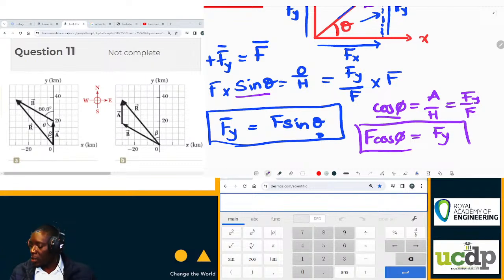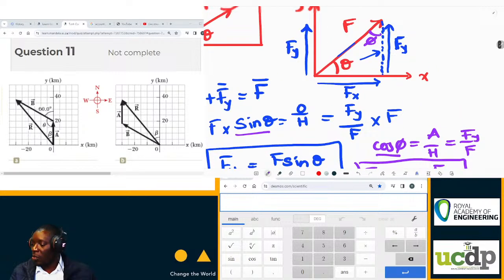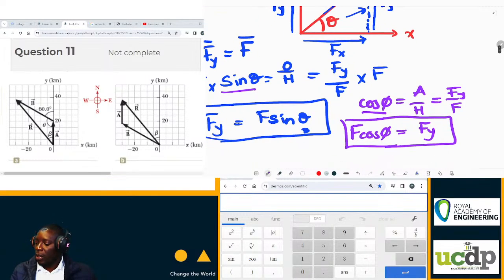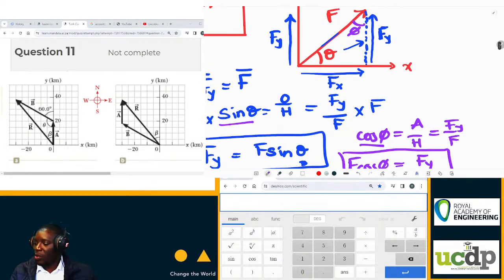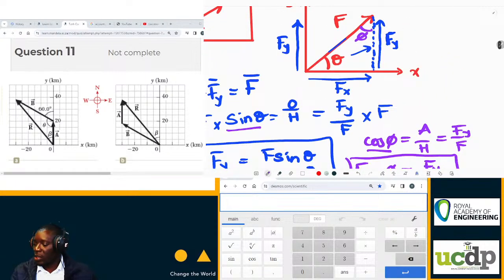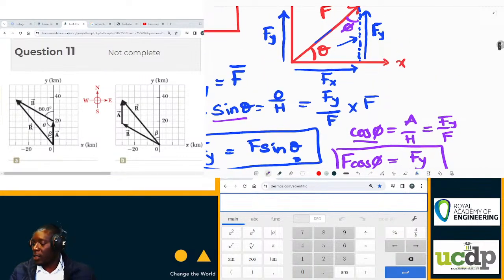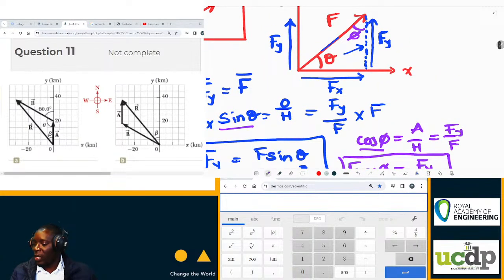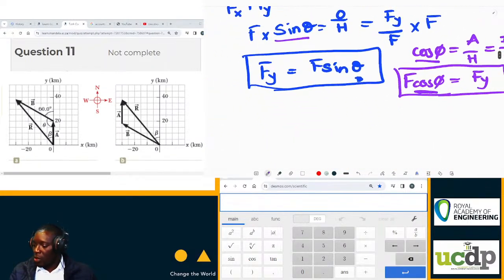This time Fy is a cos theta component. Why? Because, sorry, I'm now calling it cos of the angle phi component, because phi is the angle between the component Fy and the vector itself. So whenever you are dealing with the cos theta component, your angle theta should be the one between that vector and the component. So it's not always that you have the cos theta component as the horizontal. You should take note of that. It depends on where your angle lies. And the cos theta component is the one between the vector and the immediate component that's subtending that angle. Okay, so let's continue with